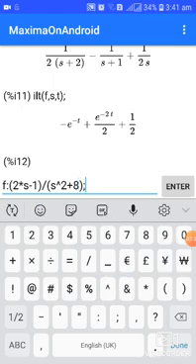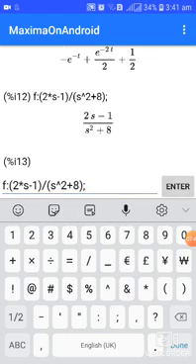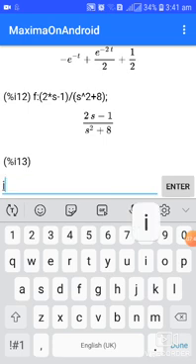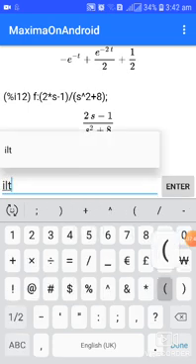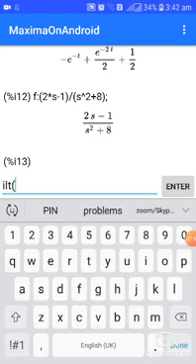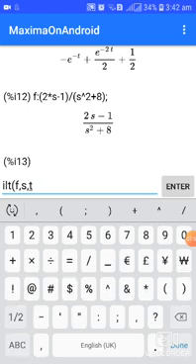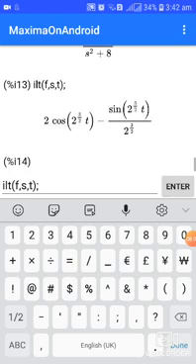In this case, no need of finding out partial fraction. After typing the function, we can use the command ILT of f comma s comma t. Okay. Now we have revised how to find out Laplace transform of the given function and how to find out the inverse Laplace transform of the given function.